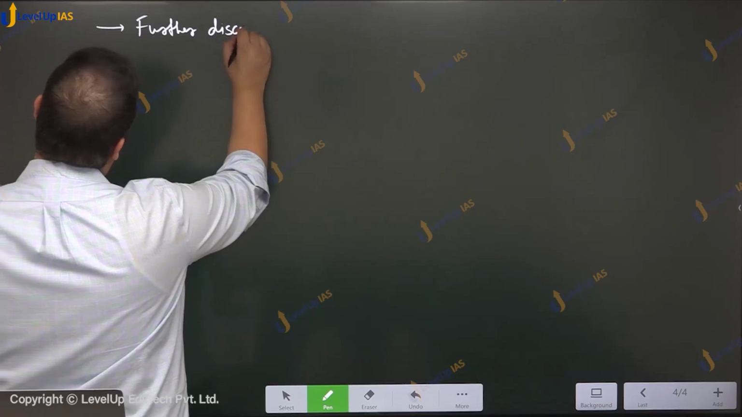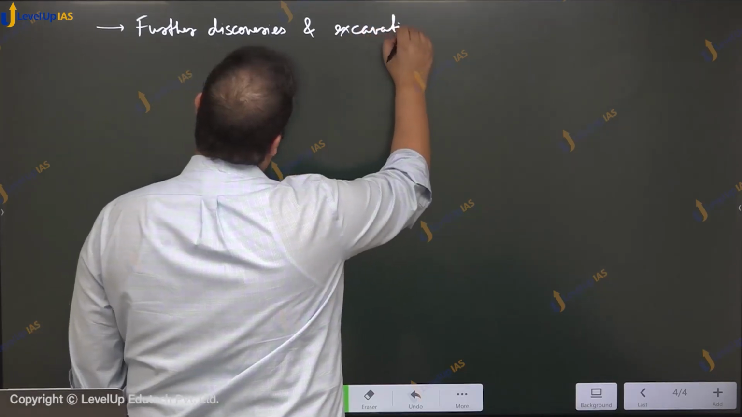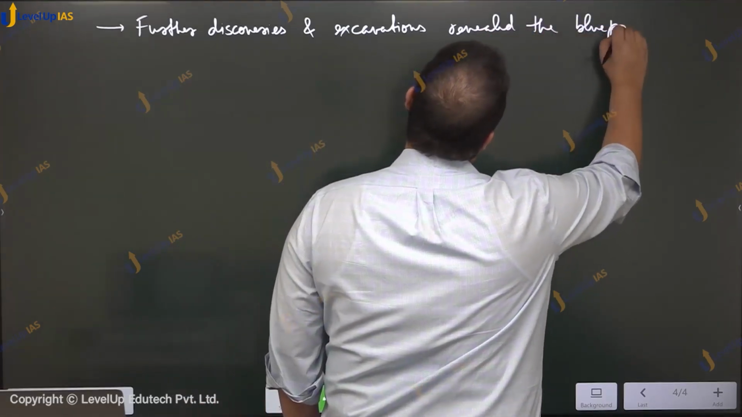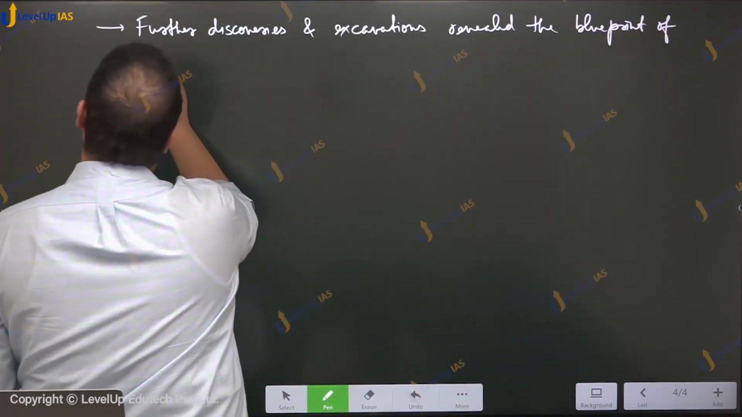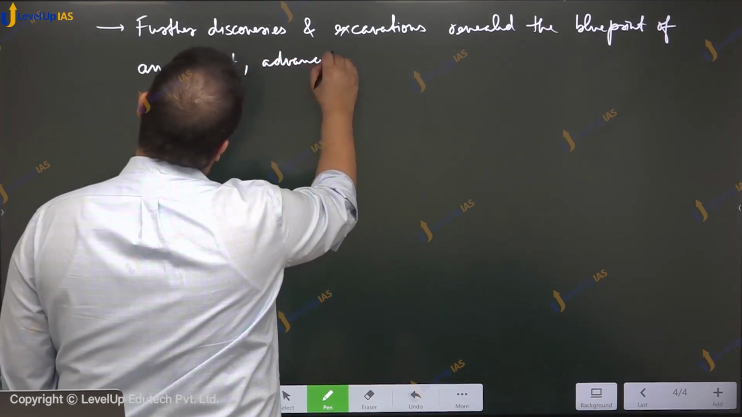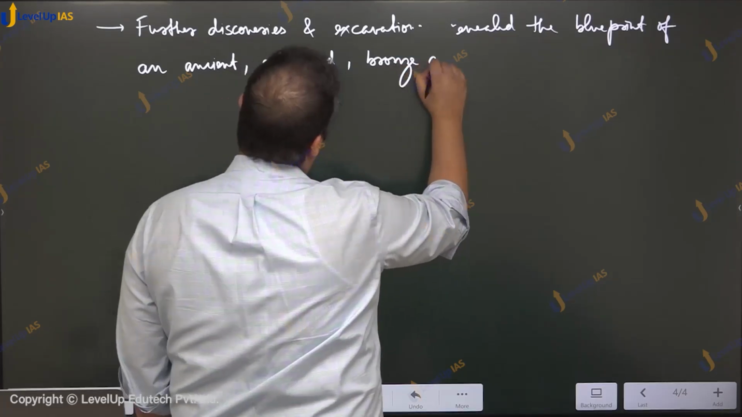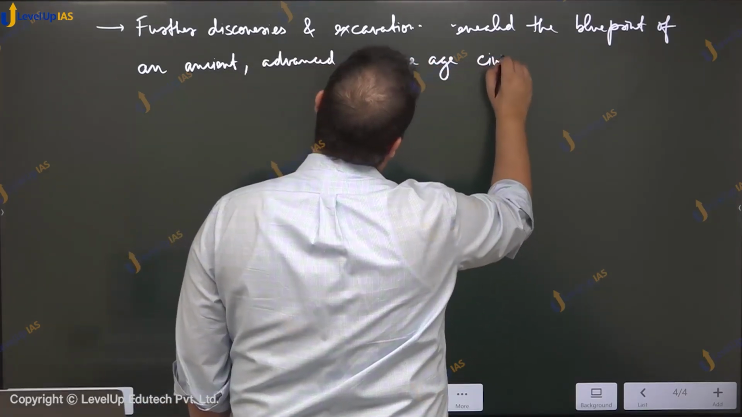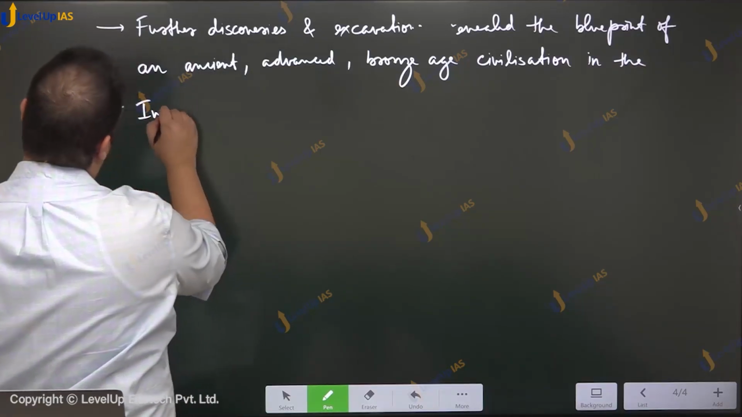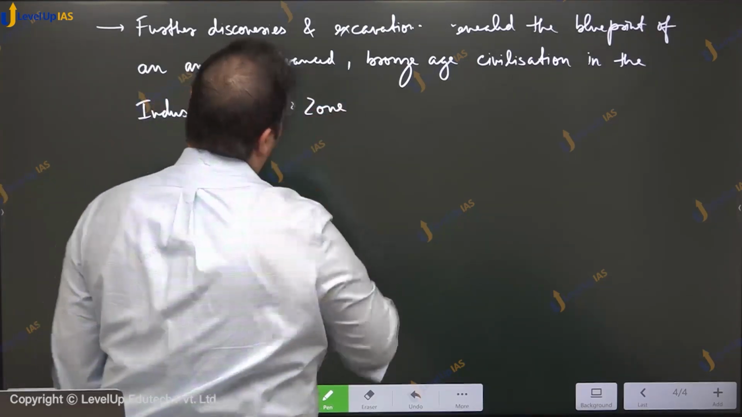Further discoveries and excavations revealed the blueprint of an ancient, advanced Bronze Age civilization in the Indus Saraswati zone